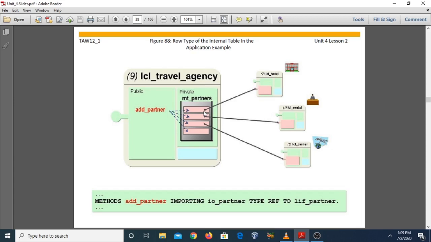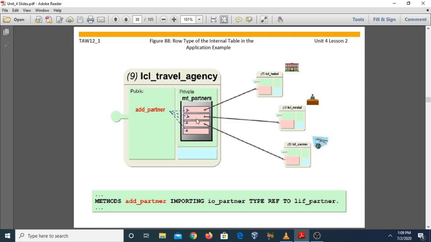We do the same with interfaces. In LCL_travel_agency we create the internal table mt_partner, and to add object references to this internal table we use append.